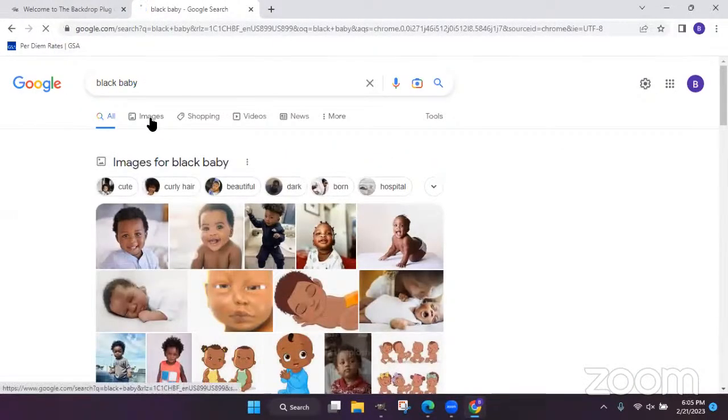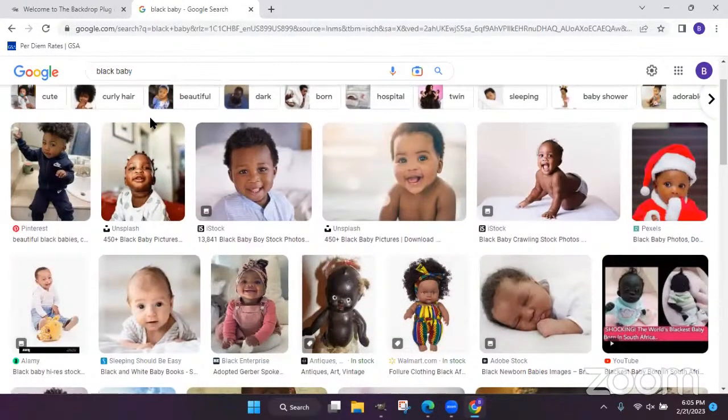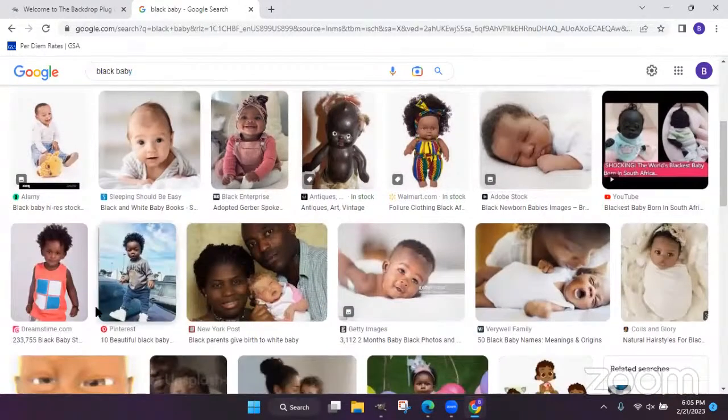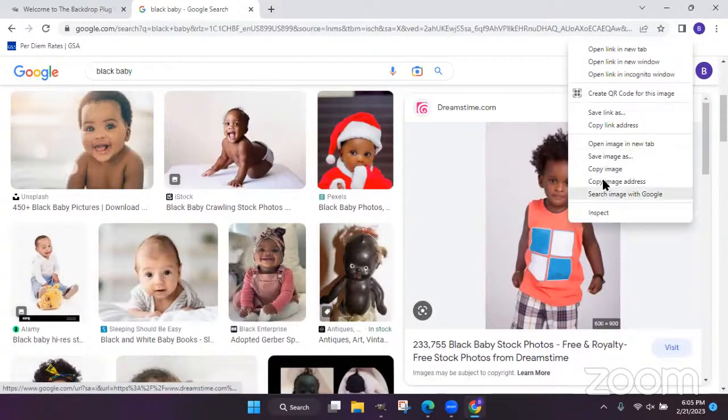And I'm going to find a black baby. Oh, some cuties. Let's see which one I want to use. So let's say I want to do this little cutie with all the curly hair. So I'm just going to copy it